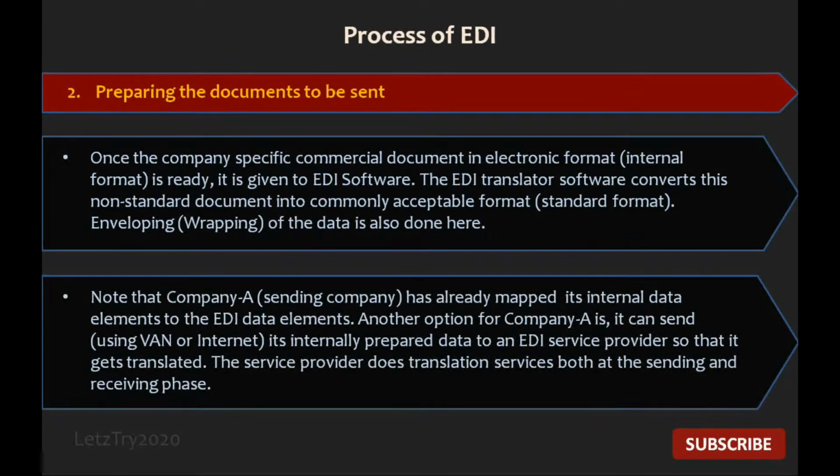Note that Company A has already mapped its internal data elements to the EDI data elements. Another option for Company A is it can send using WAN or Internet its internally prepared data to an EDI service provider so that it gets translated. The service provider does translation services both at the sending and receiving phase.